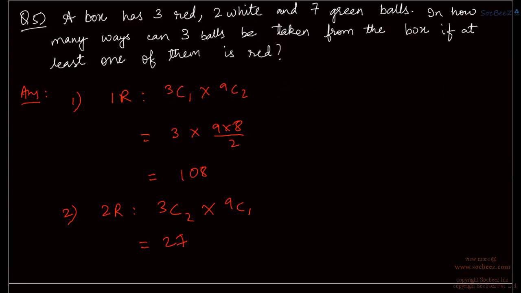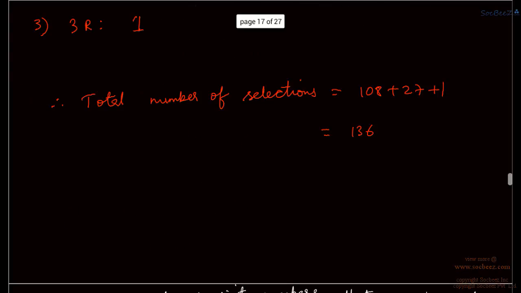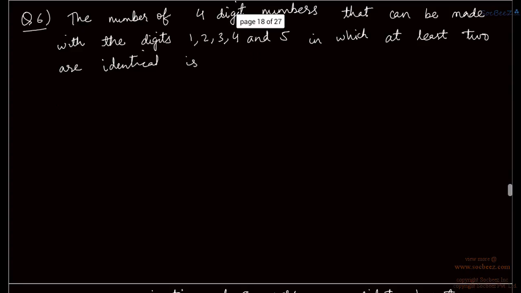Okay. So we see that we can choose these 3 balls such that at least one of them is red in 136 ways. Well, had this been that we have to choose only 3 balls irrespective of the color, that should be actually 7 plus 2, that is 9, plus 3, 12C3 ways, which is a considerably larger number. Since we put this constraint that one of them has to be red, we see that we actually get a very small number. There are only 136 possible ways.